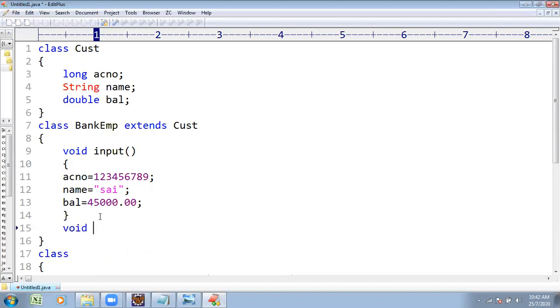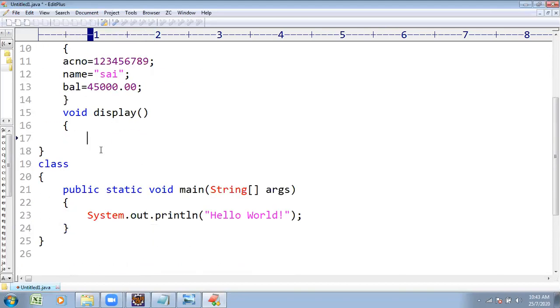Declarations and initializations are done. Similarly, for printing, a void display method. Under this display method, whatever fields are there, I print with System.out.println. I want to print the details: name, with decoration, name is equals to plus name.